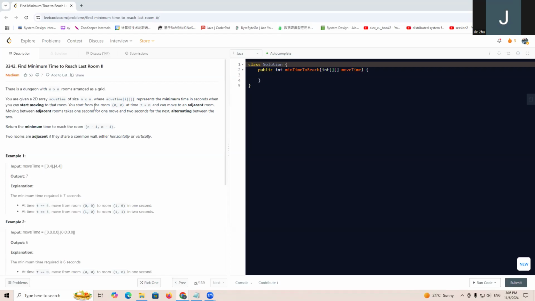So, for example, this moveTime[i][j] means the starting time to move to this cell. That means that is the earliest time the previous cell can start. So the time at this cell ij will be the previous time plus the time cost. And for this question, it says that